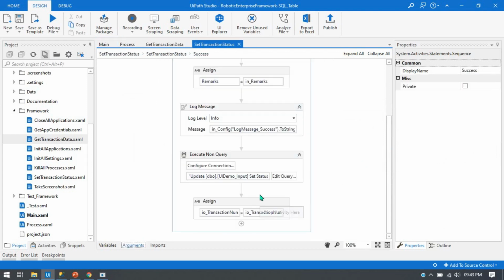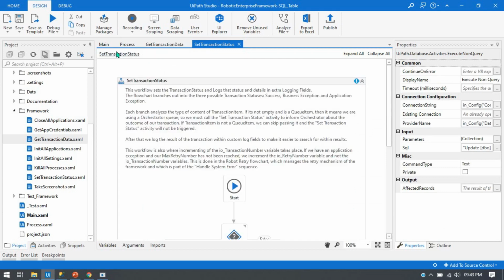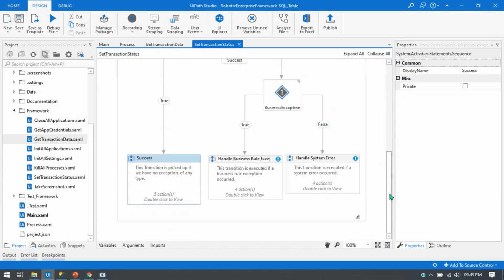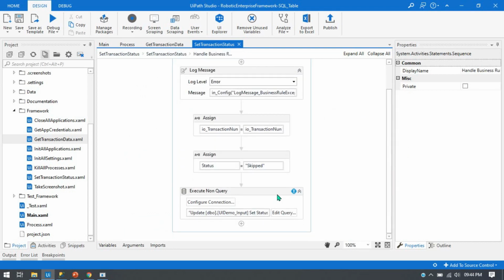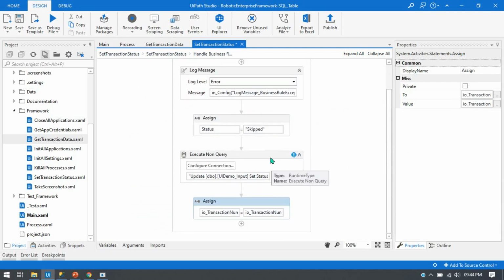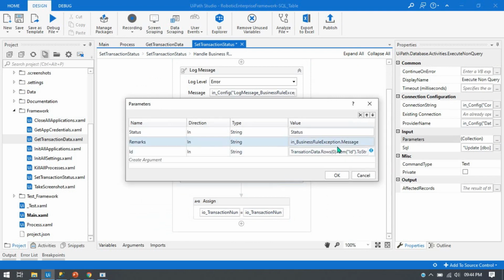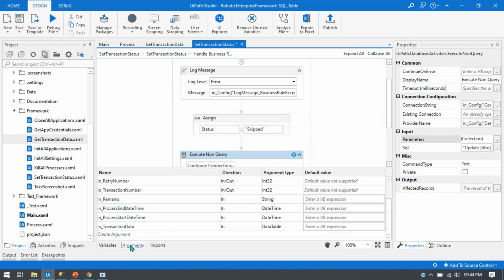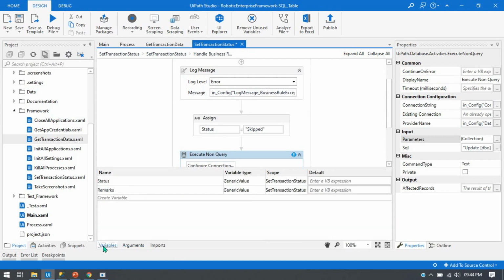Now this is correct. So I believe we'll get the same issue in the other one, except here the business rule exception and the system error. Let me check. Here again the transaction number will be added after, and click on the collection. Okay, so we'll take here in_transaction. We already have this in transaction data, so we need to delete that. We can delete from the variable,